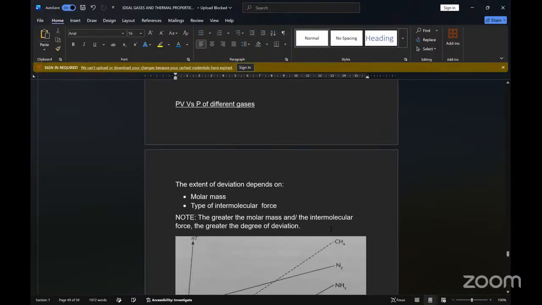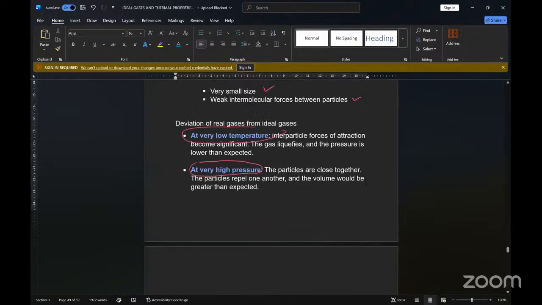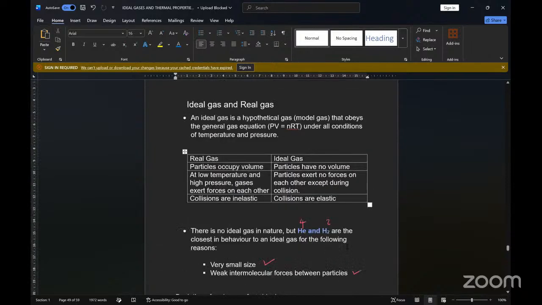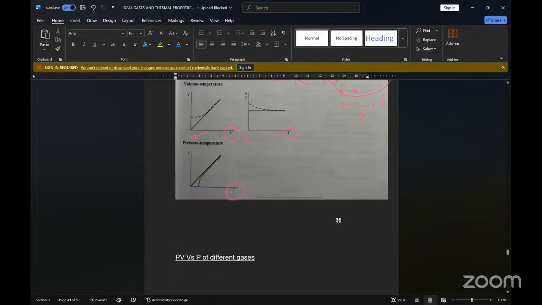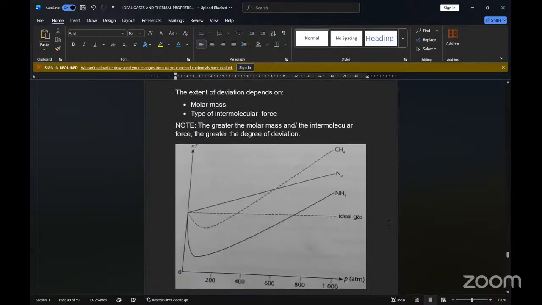Now we are going to look at what we call PV versus P of different gases. Now, if you look closely at this one, let me show you what I'm talking about. I said this one, we'll talk about it later. So that is what we have drawn here, PV against P. Now, if they give you a diagram like this, and then maybe they write here PV, and then here they write P,